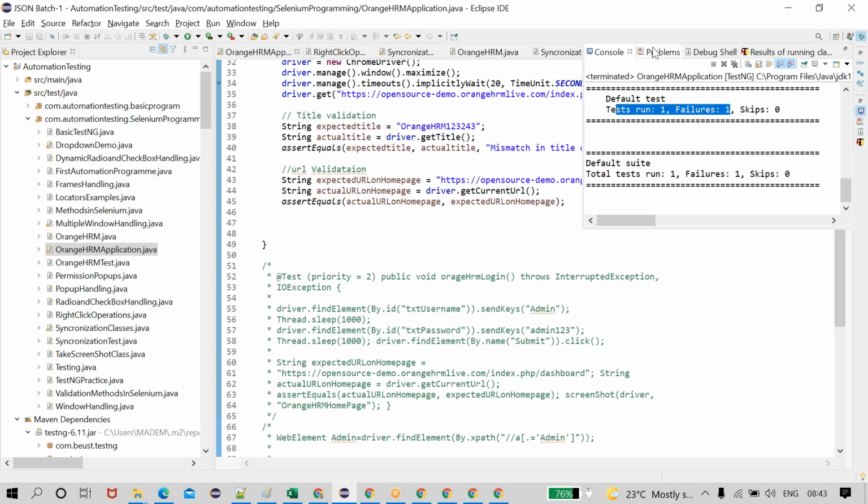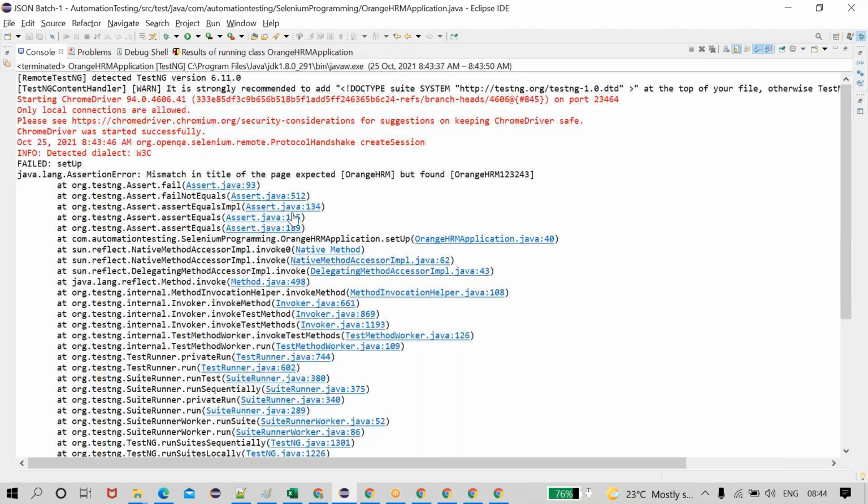Because here it is failing, so that next line won't execute. See, mismatch in the title of the page expected Orange HRM found Orange HRM 1234. We are expecting Orange HRM 1234, but found Orange HRM. In the C, it won't execute the next couple of lines.